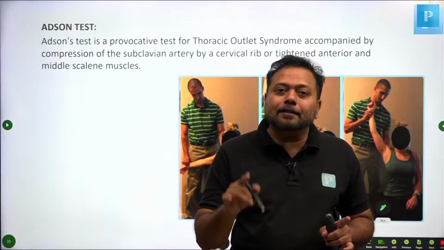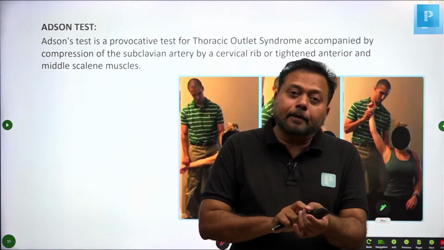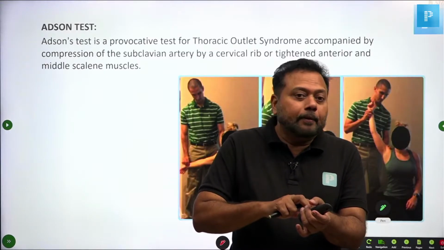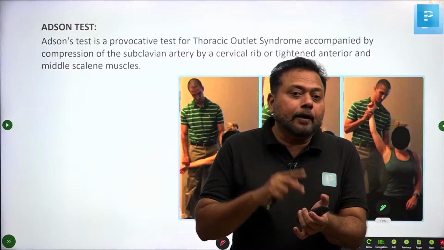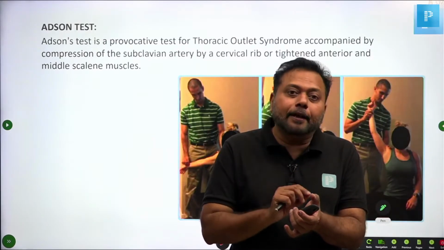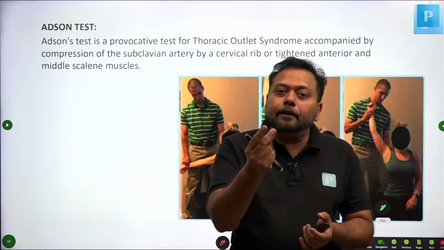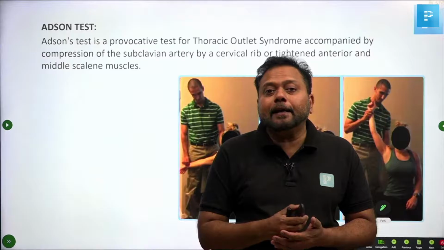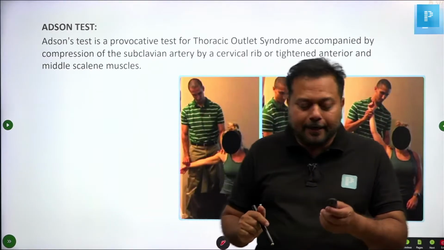If Allen's test is positive, I am compressing the radial artery and leaving the ulnar vessel, and there is no refilling of the vessel. That means the ulnar artery is not functioning. When the ulnar artery is not functioning and I prick the radial artery, it will temporarily go into vasospasm, and in the meantime it can cause gangrene. It will become medical negligence. So it is a very, very important test. That is why they repeat this again and again.